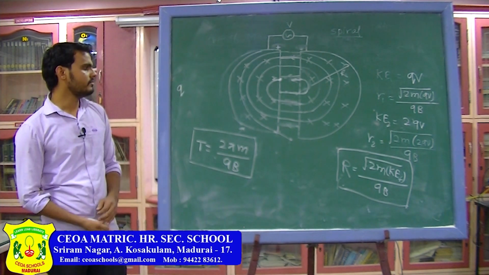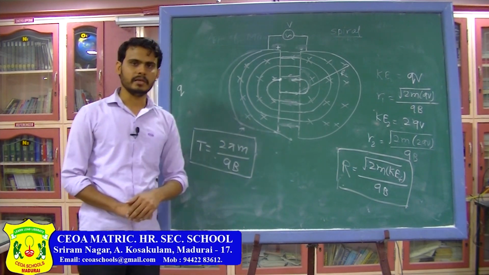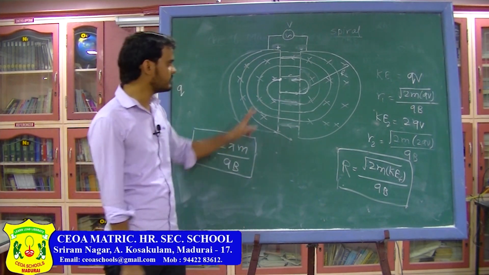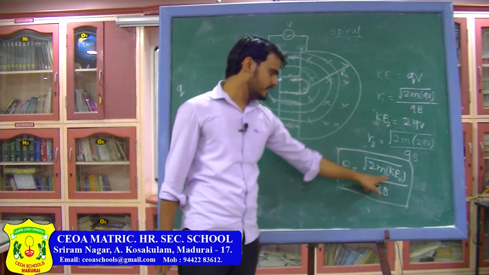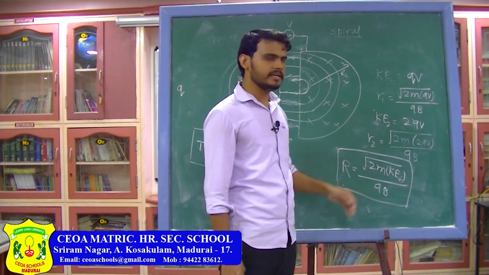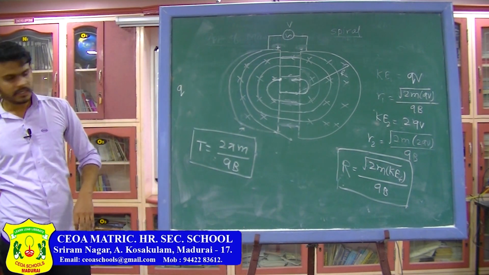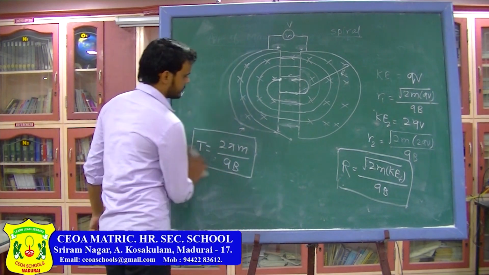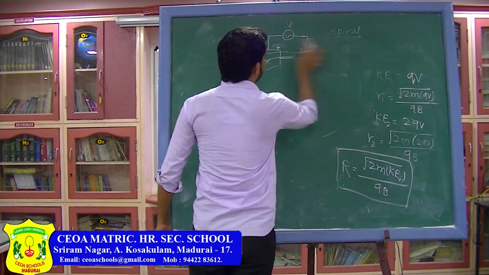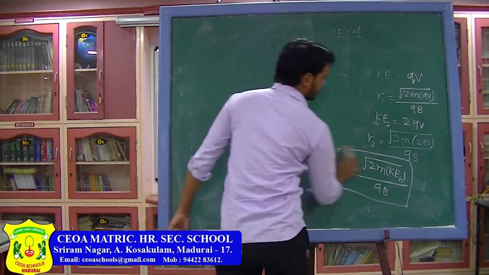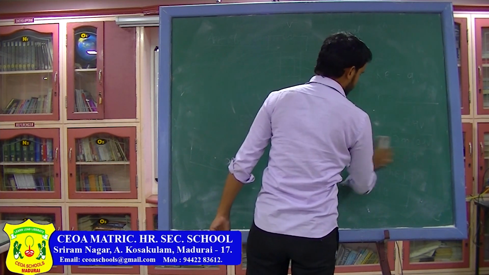You have to remember the working principle of the cyclotron and the construction of the cyclotron, and these formulas: the frequency or time period of the voltage source, the final kinetic energy of the particle, and the radius or kinetic energy increase in each turn. So now with this we are going to see the limitations of the cyclotron. You can write: limitations of cyclotron.